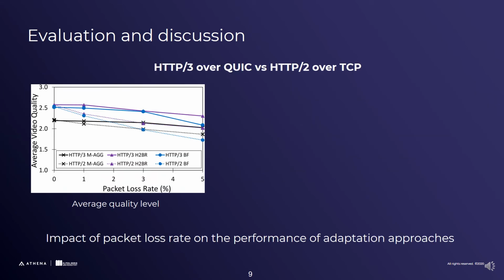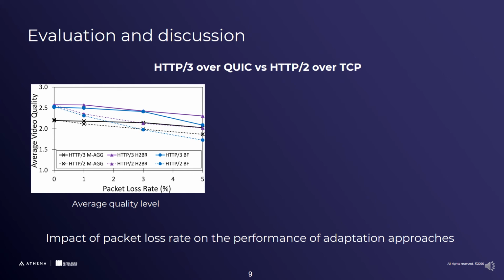First, we compare HTTP3 over QUIC and HTTP2 over TCP. In the left figure, when there is no packet loss, the performance of H2BR over HTTP3 and HTTP2 is relatively the same. When the packet loss is more than 0%, HTTP3 provides higher average video quality. For example, if the packet loss is 1%, H2BR over HTTP3 achieves nearly 2.6 in the average video quality compared to 2.3 of